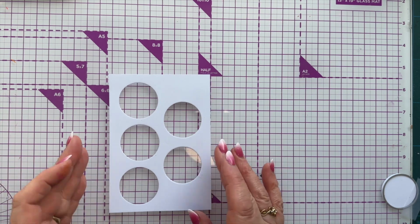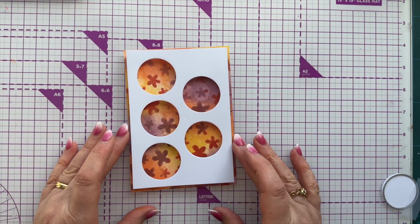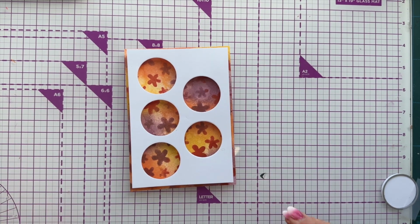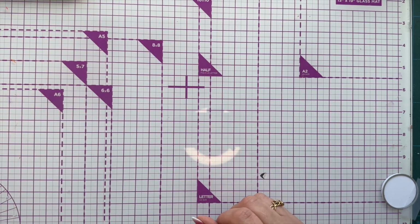Okay, so we've cut out the 5 holes, and that now is going to go over there. So can you see straight away, it doesn't matter too much about your blending, it doesn't matter too much about your stenciling, because you're only seeing little bits of it. You're not seeing the whole works. There we go. All right, so I'm still not going to stick those down yet. I'm going to bring in